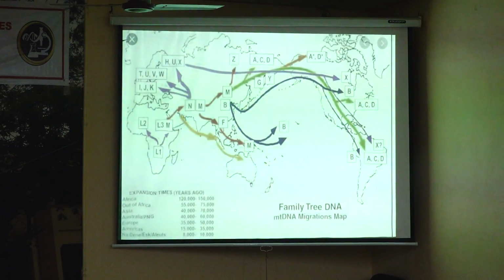So you can use the mitochondria. That's what the secretary mentioned, this kind of information. Very long back, they assessed using the mitochondria how the human population migrated from Africa to other continents. So what you can do is simply take the blood, isolate the DNA containing the mitochondria, and then you and I have the same kind of variation, that is, we belong to the southern part of India.